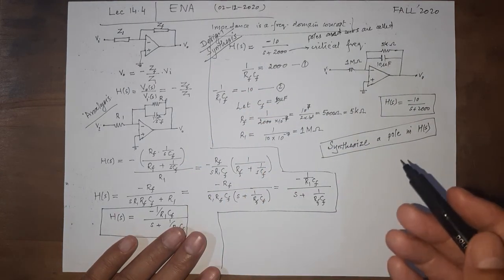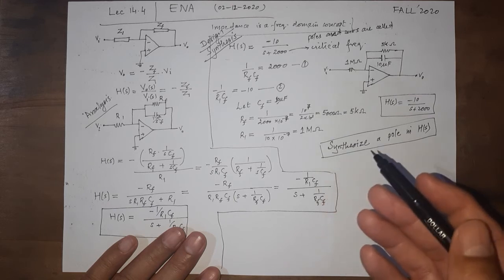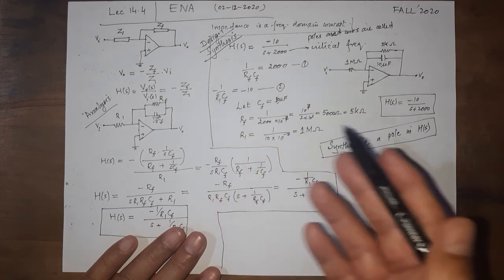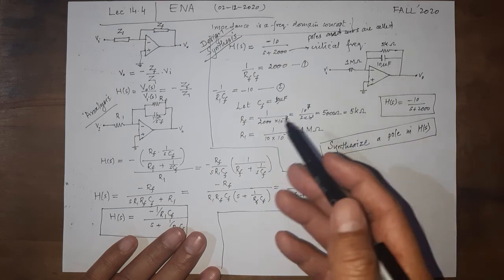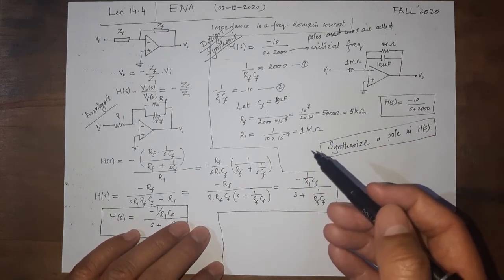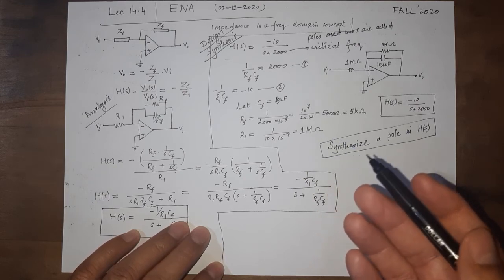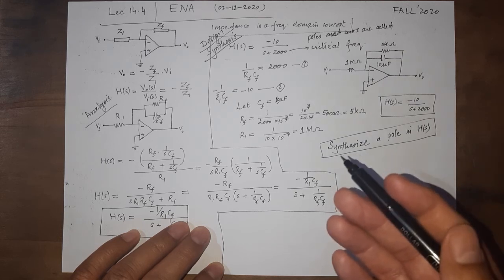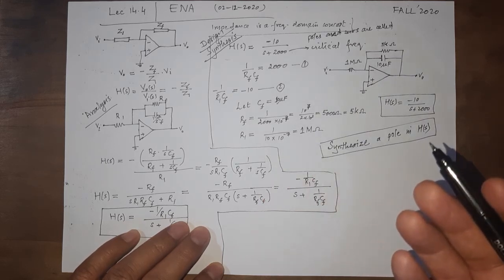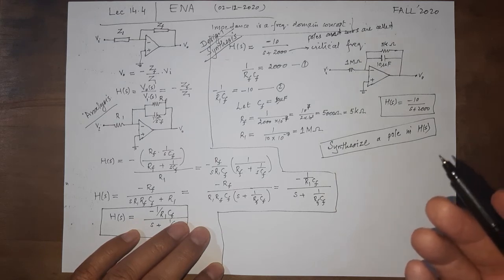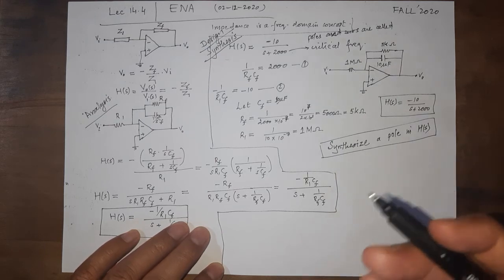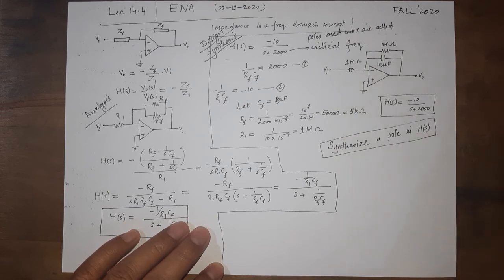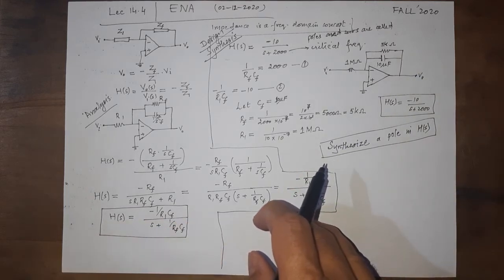So for the first time in this course of circuit analysis, the second course, in LCA we did not look at any design or synthesis, but now for the first time, we are looking at design and synthesis. And by the way, this is what engineers are made to become. An engineer is supposed to analyze, that's fine, but in real life, mostly an engineer is needed to come up with a practical circuit that can do a certain thing that is required. So basically, the real objective is to be able to design something.